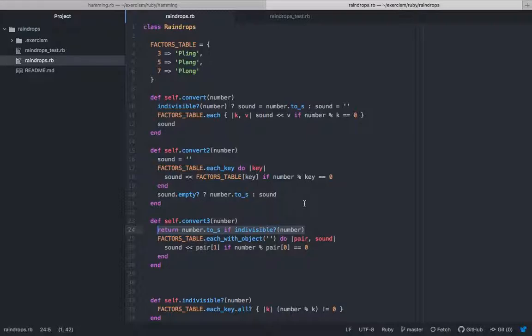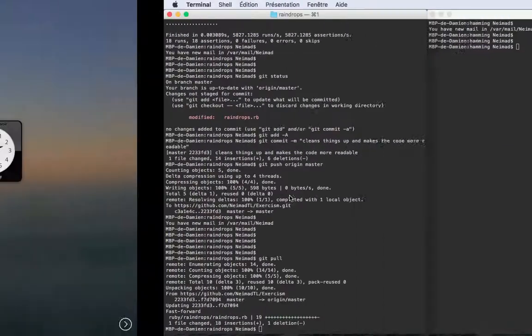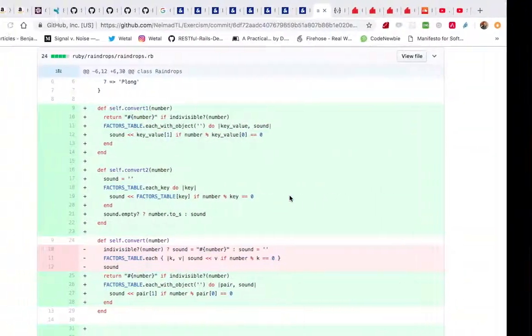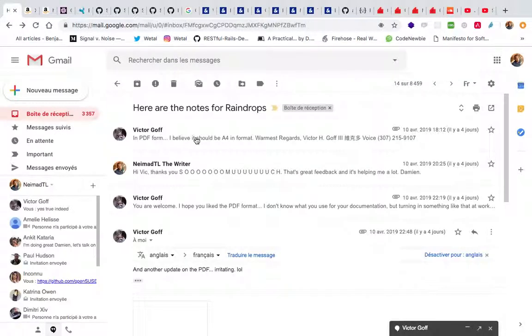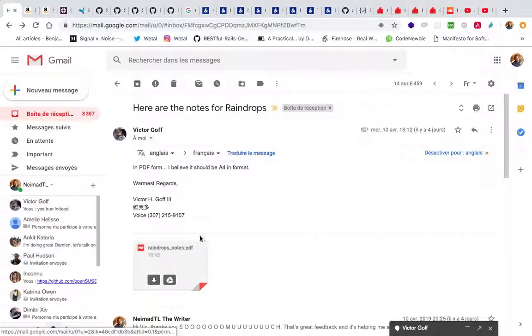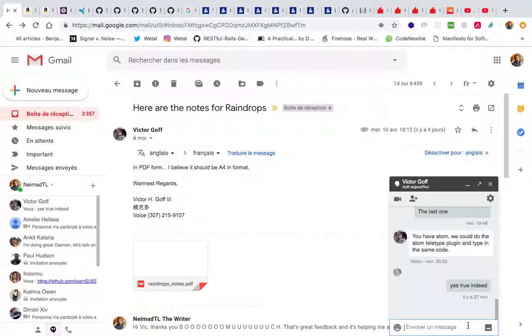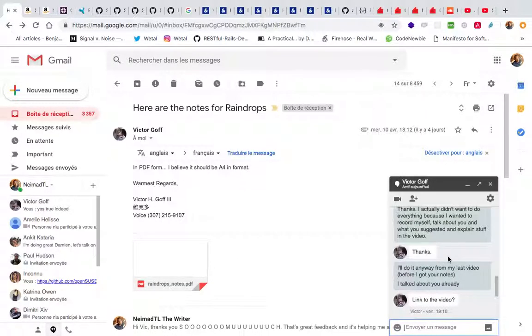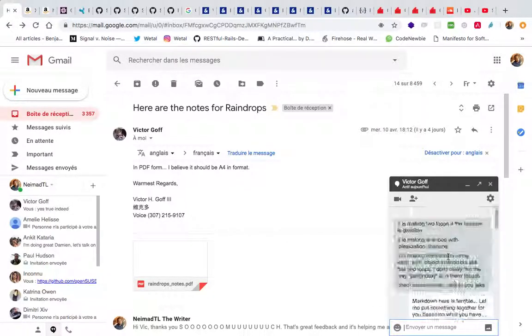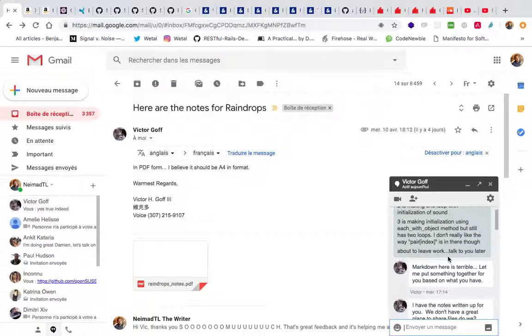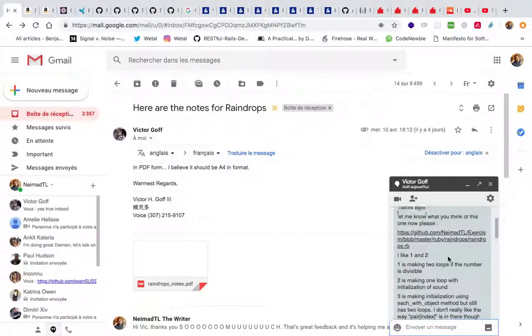I was actually more satisfied with this one, the convert to method. And then I talked to my mentor, and I think I actually told him that I didn't really like it if I find the